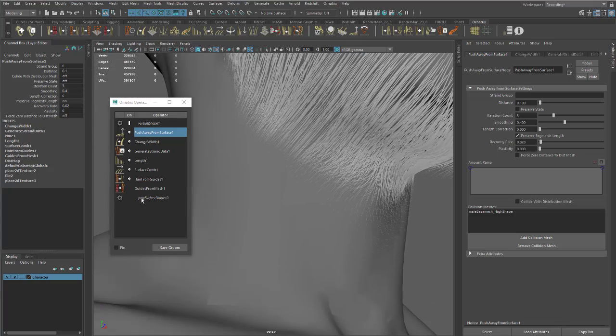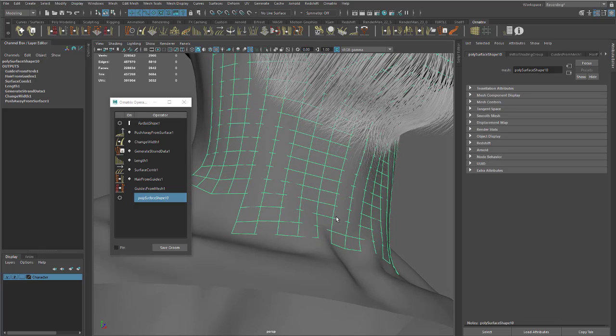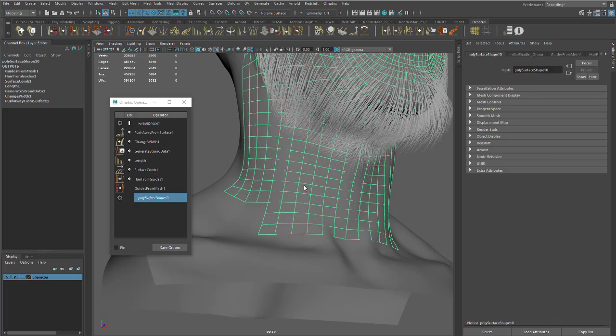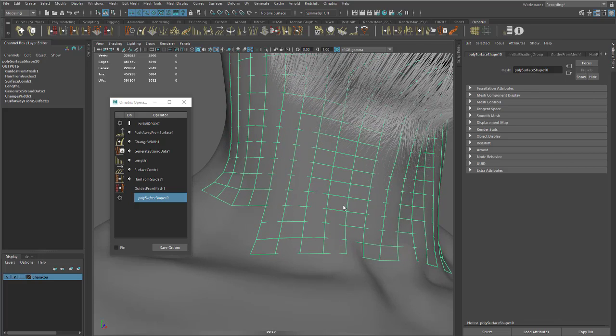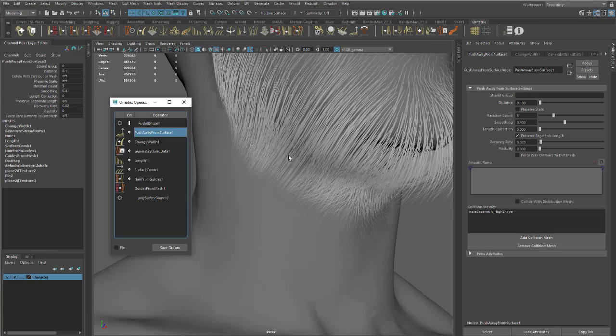Fine here, and the edge mesh that I mentioned here now will not be a problem, because you will have, I hope, a mesh that is not open like this, or even if the mesh is open, it will have a bigger surface to calculate the collision. Now, the bigger the mesh, probably the more polygons you have, and the more polygons you have, the slower push away from surface will be, because it has more topology to work out the